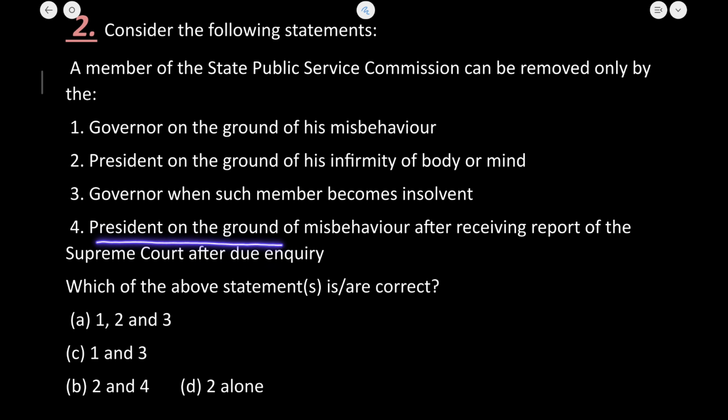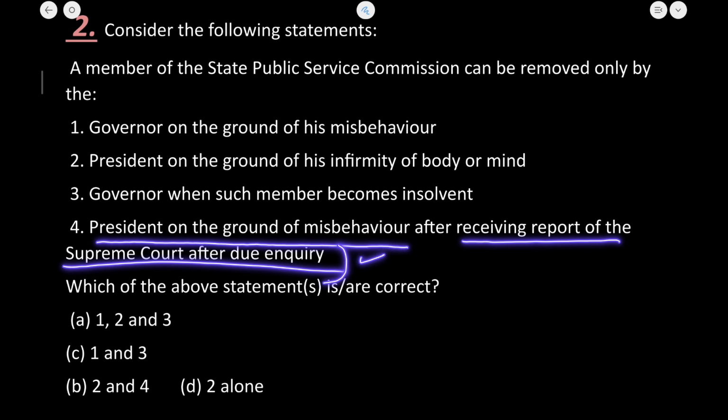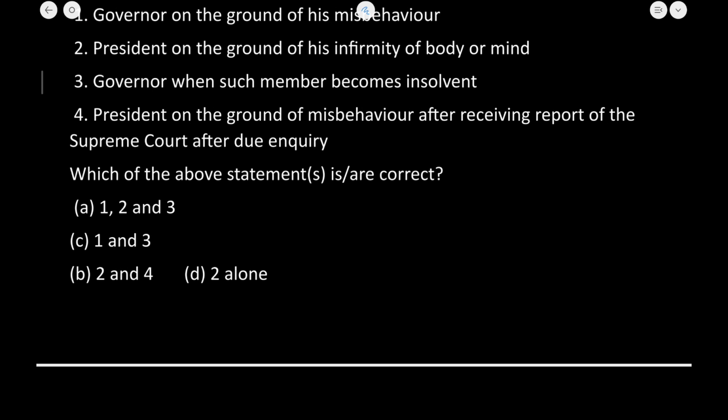The president on the ground of misbehavior after receiving report of the Supreme Court after the due inquiry. Yes, 2 and 4 statements seem to be true. So B is the correct answer here. Next is